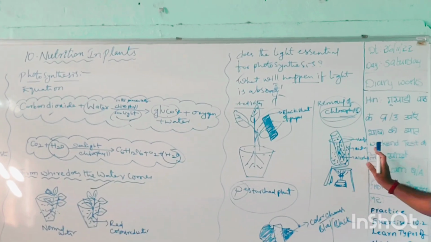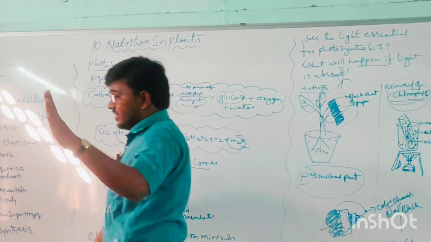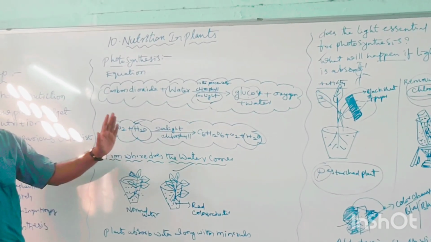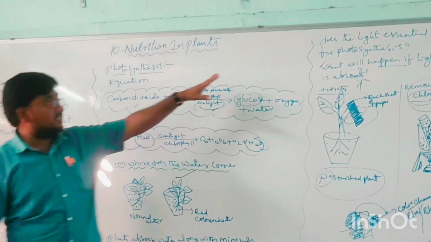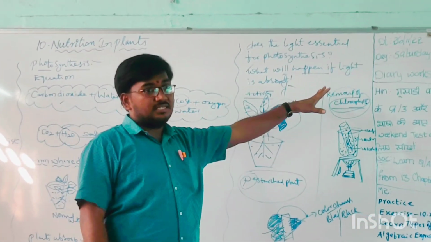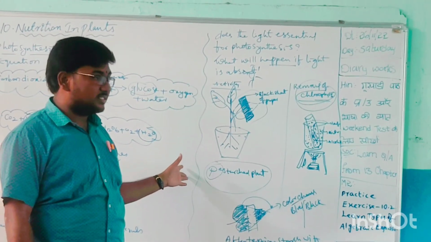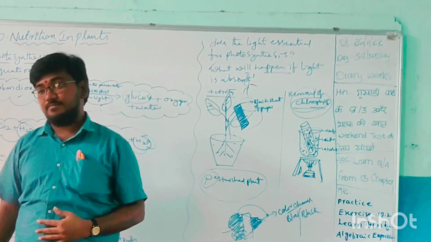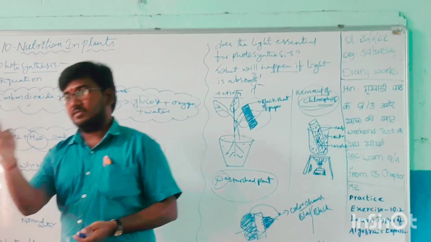So this is the complete information regarding this. Once we recapitulate what we discussed: the definition of photosynthesis and equation of photosynthesis. From where does the water come? From where does the plant absorb the water and how? And next, is light essential for photosynthesis? An experiment that helps to prove light is essential for photosynthesis, and also the experiment to remove the chlorophyll from the leaf. Two questions I want to raise from this side.